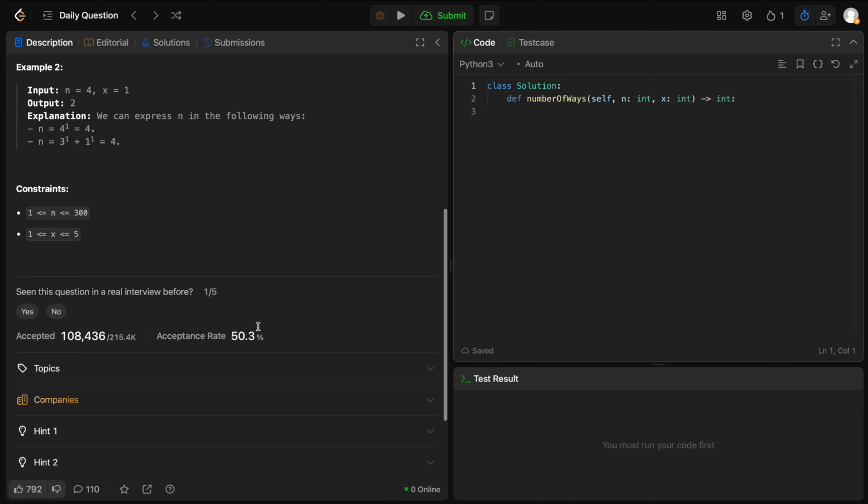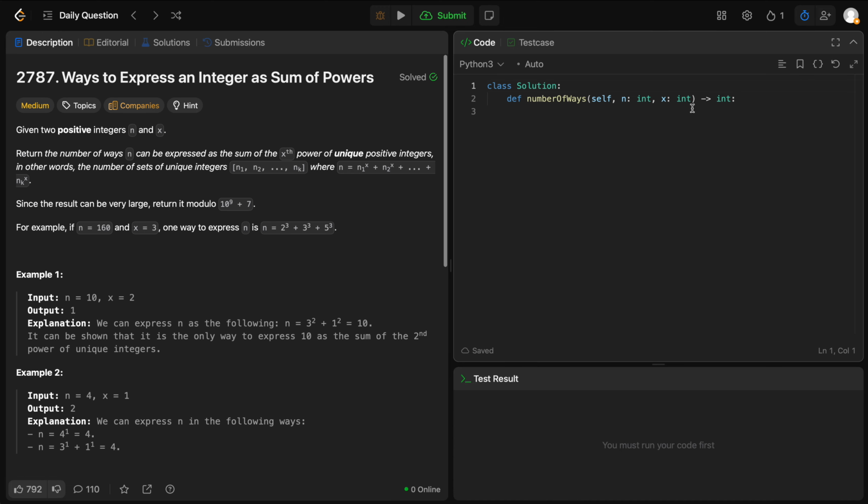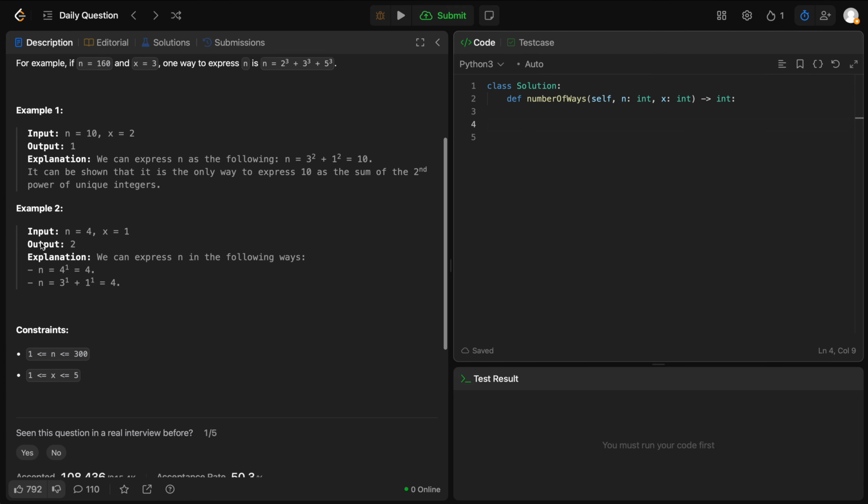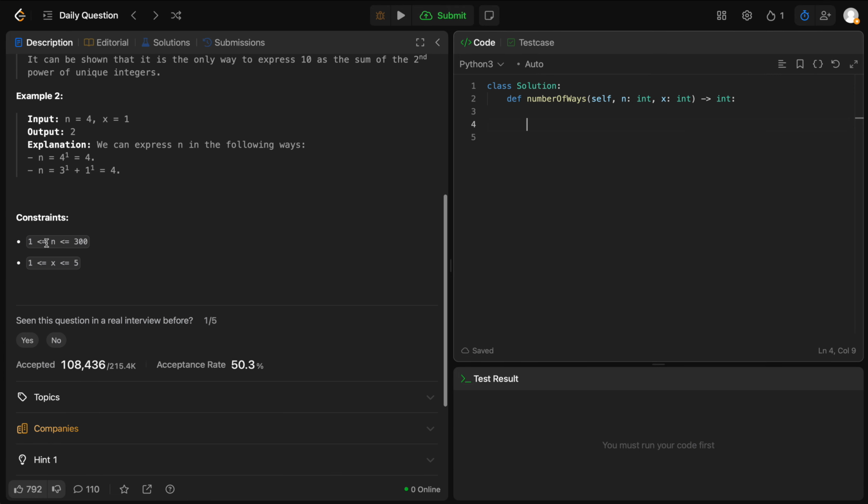Okay, well, this is a bit tricky, but we can do this top down. Is it top down or bottom up, I guess? So how can we solve it? Well, since we have n is 300, x is 5, so we know fifth